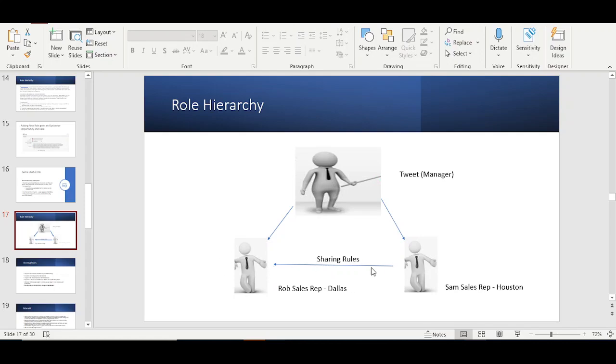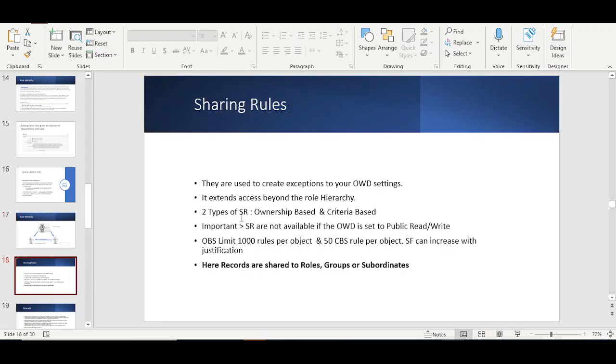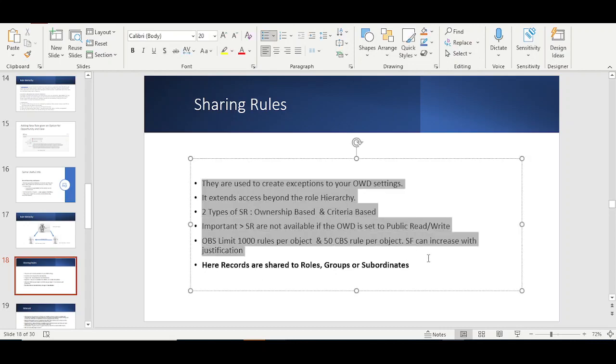How, and they both are peers. So how can this be achieved? This cannot be achieved by role hierarchy because they are peers, and we cannot grant access to another peer through role hierarchy. So here the sharing rule is something which comes to the rescue. Through sharing rules, we can share records owned by Sam to Rob automatically. And how we can do that, we will go into a demo, but before that,